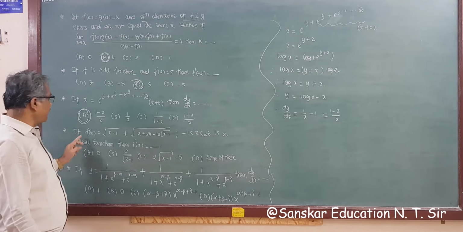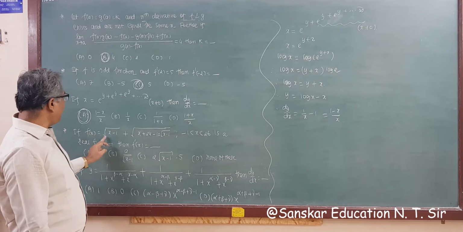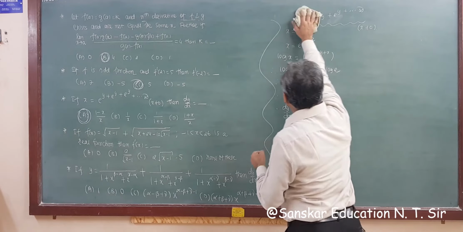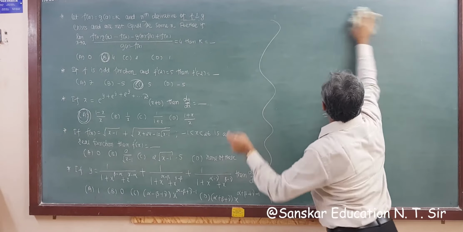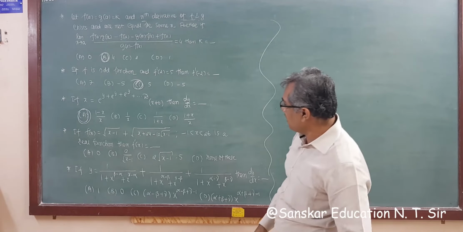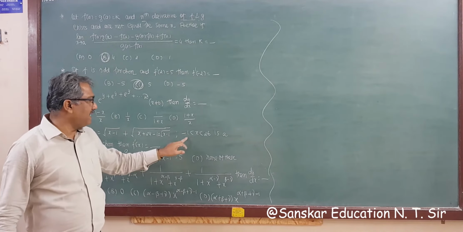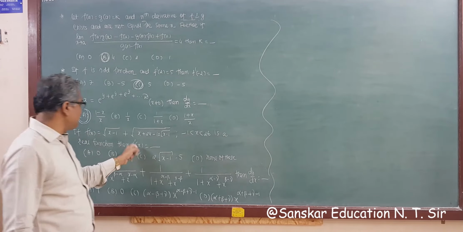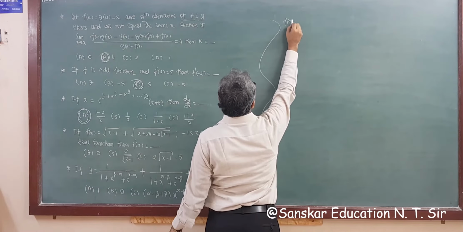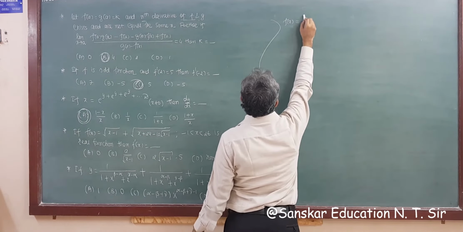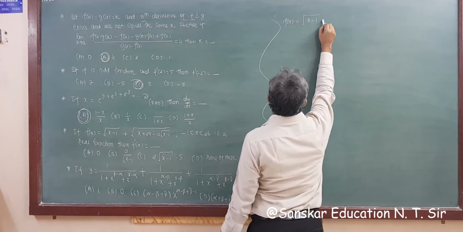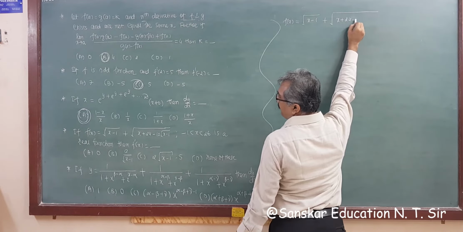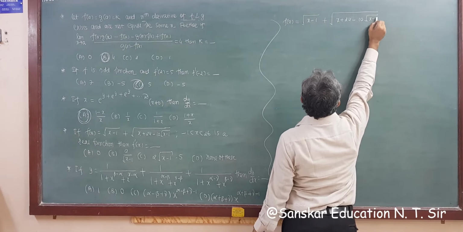Now this is a very important example, a nice example. If f(x) is equal to root of (x minus 1) plus under root of (x plus 24 plus under root of (x plus 24 minus 10 times under root of (x minus 1))), and the condition is given as minus 1 is less than x is less than 26, then the derivative of this f(x), that is f'(x), is equal to... So f(x) is given as under root of x minus 1 plus under root of x plus 24 minus 10 into root of x minus 1.